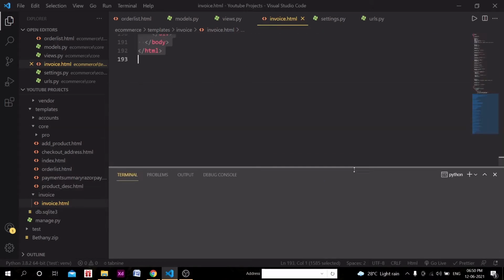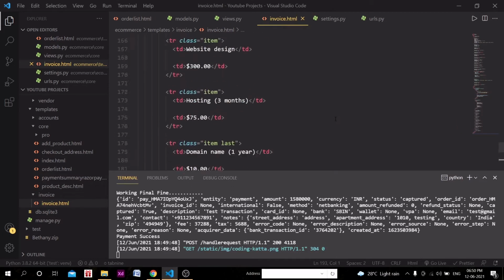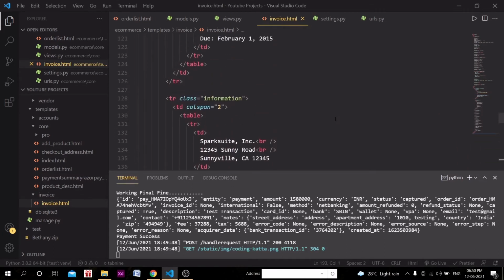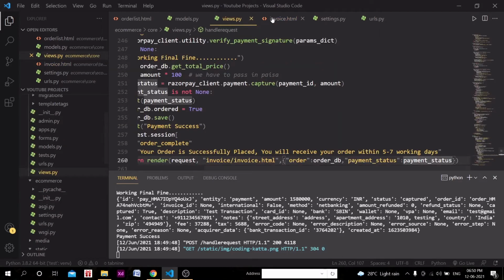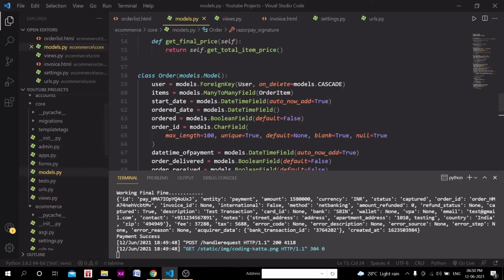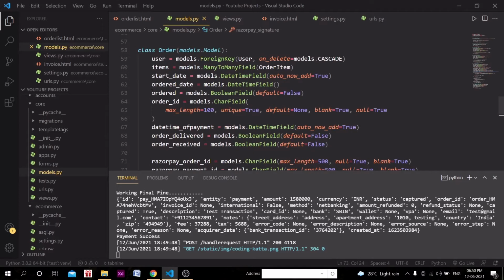And similarly, what we did about order ID, we are going to do with all of the rest of the details, right? So created is like this. So what we can do here, we can have that order ID. See, we were passing the order object, right? So in the models.py file, let's see which attribute we have.